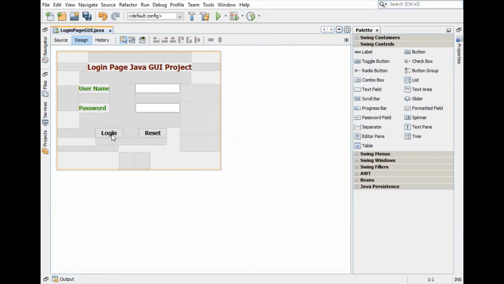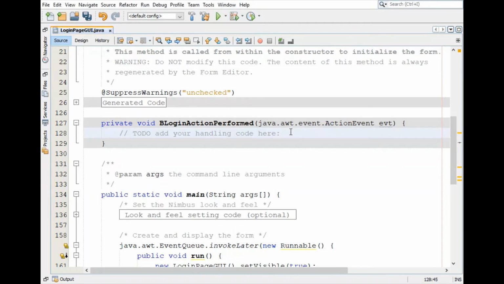Now what we want, on the click event of this login button, is to compare the username and password entered by the user with the username and password which are stored in the database. So just double click here. You can see most of the code is already ready, and that's the beauty of this IDE.